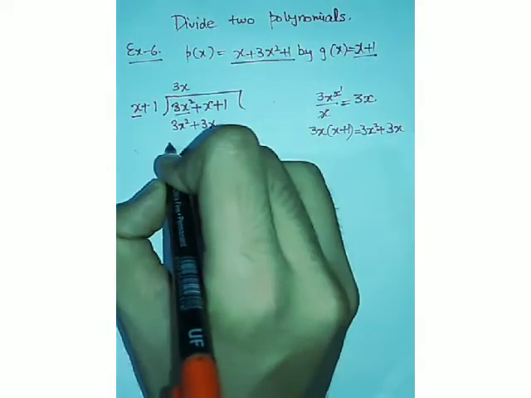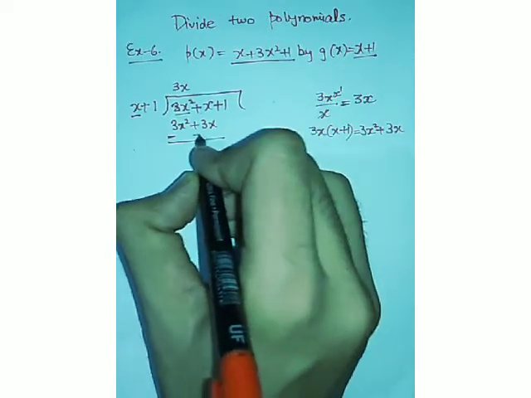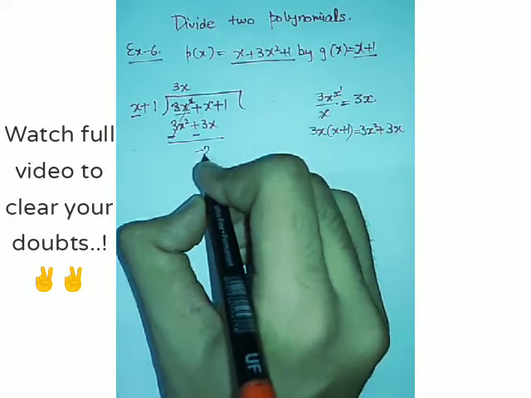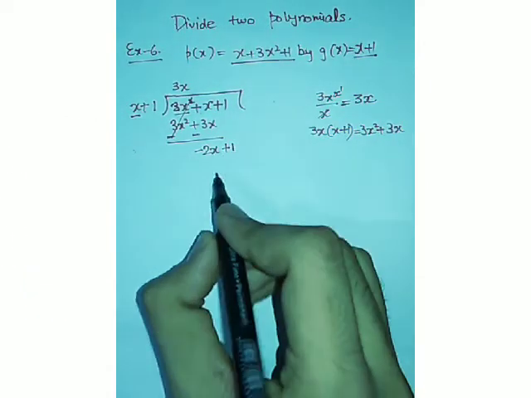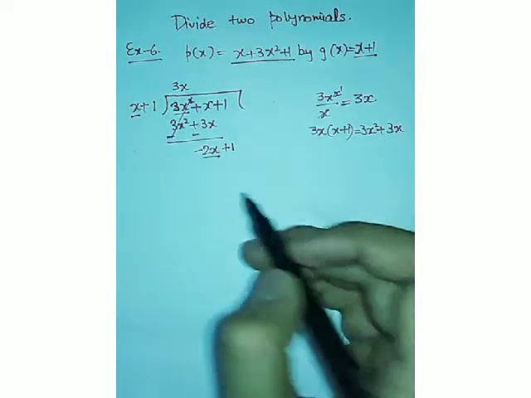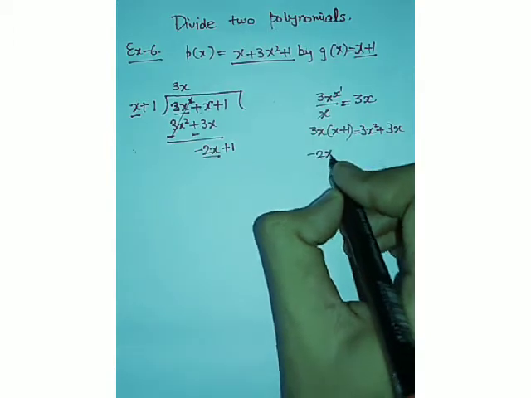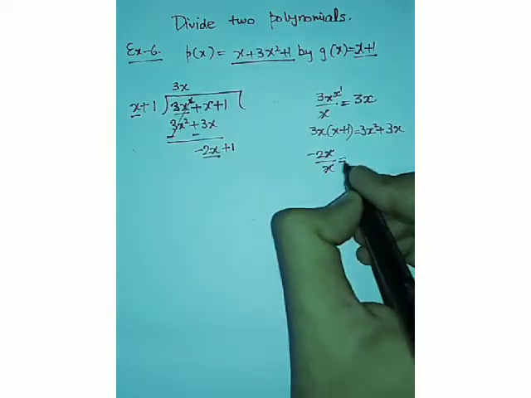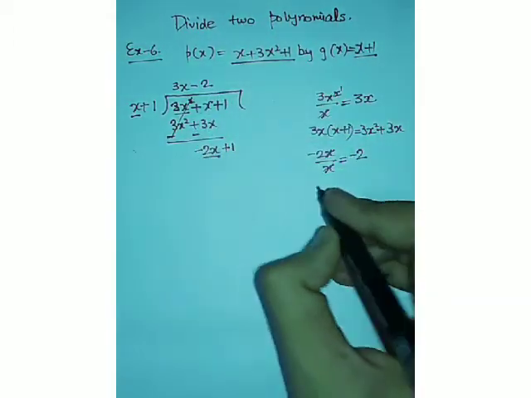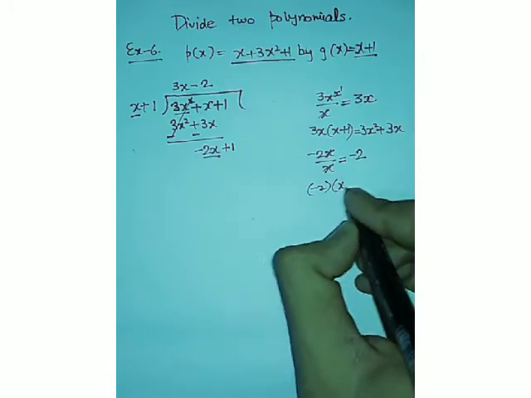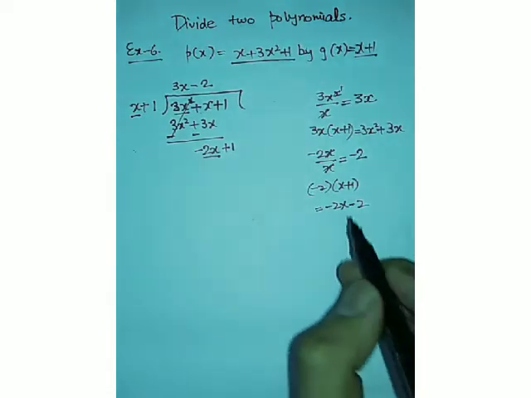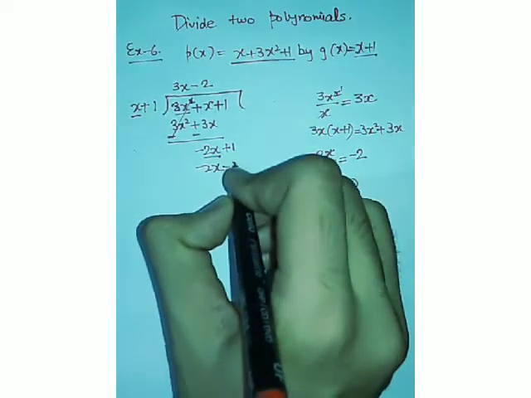Now of course you have to subtract, which means the signs will be changed, minus and minus, and this will be cancelled completely. x minus 3x, you will get minus 2x plus 1. Now this becomes your dividend. Take the first term of this and again the first term of your divisor, and divide both: minus 2x upon x. What will you get? Minus 2. Again repeat the same step: write minus 2 here and multiply minus 2 by your whole divisor. What will you get? Minus 2x minus 2. Write minus 2x minus 2.